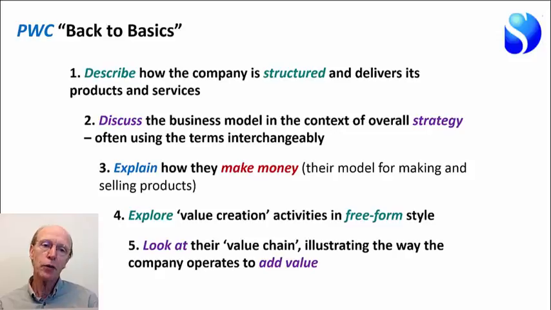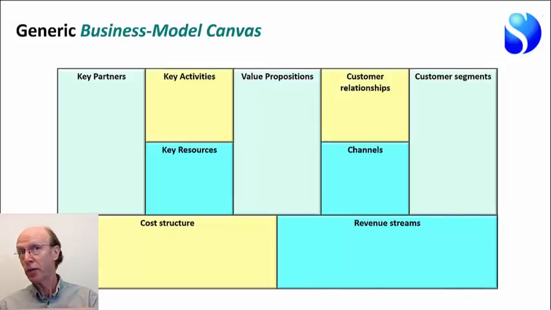So to see the kinds of difficulties this causes, let's look at a very popular framework for this, which is the business model canvas. And here is a generic picture of that canvas. I'm not going to spend time actually explaining that in the abstract. Let's go straight into a couple of the examples that we use in the strategy dynamics field for illustrating how dynamic business models work and just see what a static business model could actually do for us.